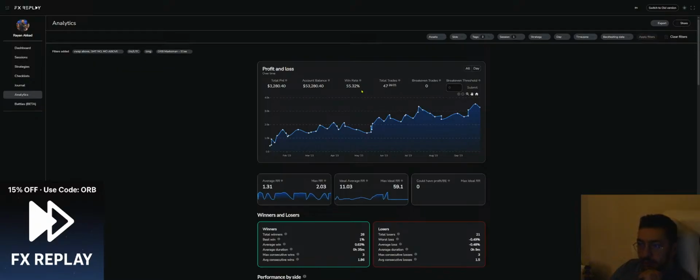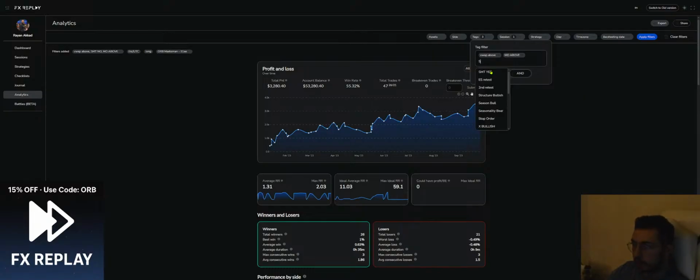So that's 55% win rate. 47 trades. Alright, this is only when you go long and you are above midnight open and above VWAP. Okay? Without SMT. Let's just add SMT and see the difference. Obviously the SMT will reduce the frequency because we don't have SMT every time. Let's see. Apply filter.